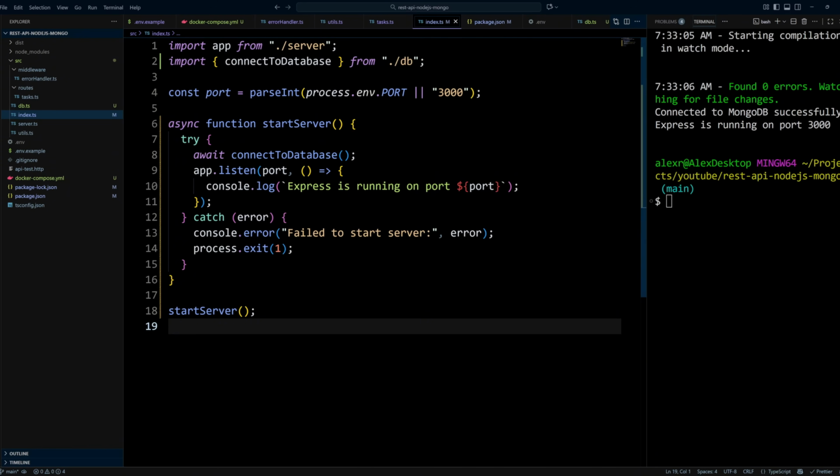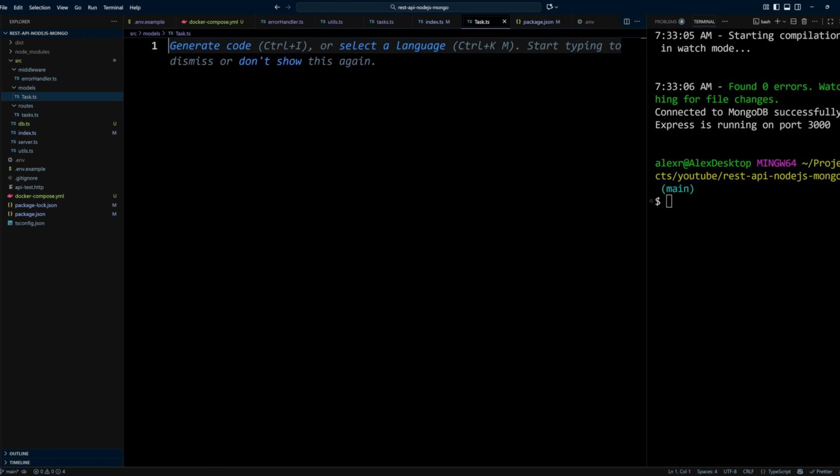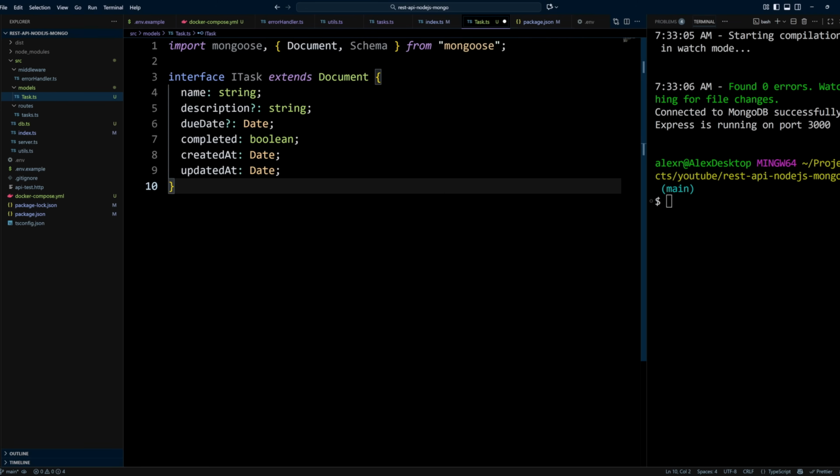We got the connection working, so let's go ahead and create a model so we can interact with it, put data in the database, and query that data using the model. In the src folder, let's go ahead and create another folder called models. In this folder, we're going to be creating a file called Task.ts, and this will be our model, so it's capital T. Next, we are going to import Mongoose, Document and Schema types from Mongoose, and we will create an